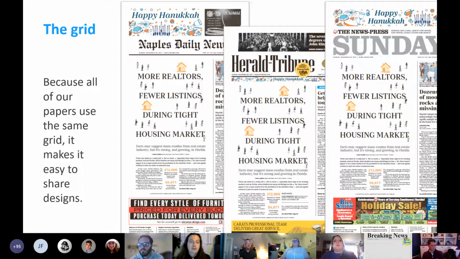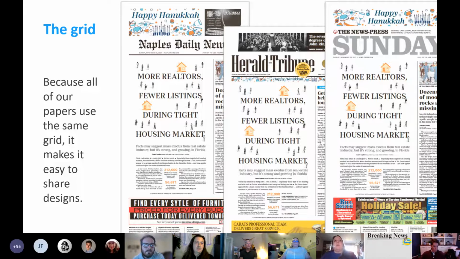Another benefit of the grid is that all of our papers pretty much use the same grid. So if one paper has a centerpiece that another paper also wants to use, it is really easy to share the design. If we didn't have the common grid, the centerpiece would have to be resized to fit each paper that uses it.